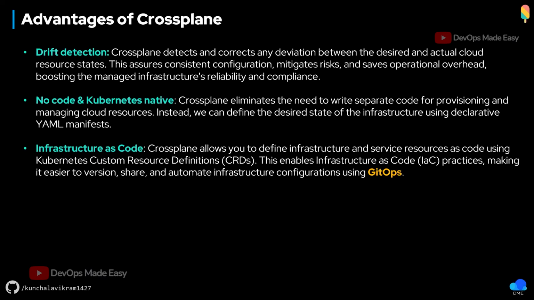Advantage of Crossplane, first is drift detection. In case you're managing your infrastructure using Terraform, right, it is very difficult to find these drifts, because if someone goes and manually modifies infrastructure, Terraform wouldn't know, right? Until someone refreshes the state, they wouldn't know of the manual changes that are done outside